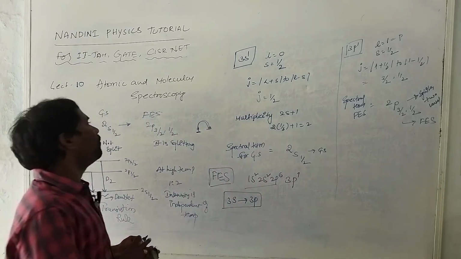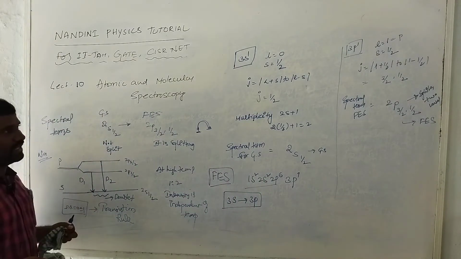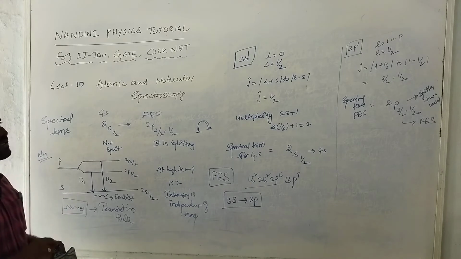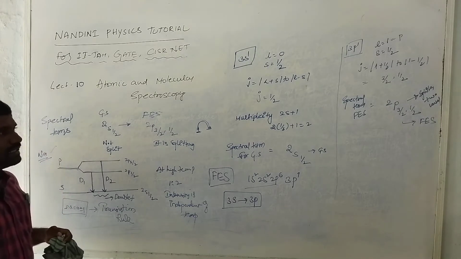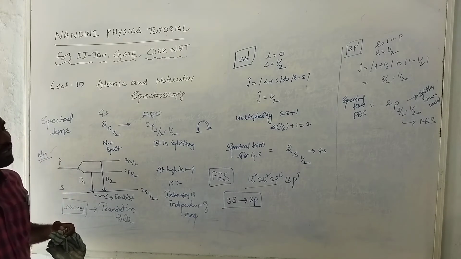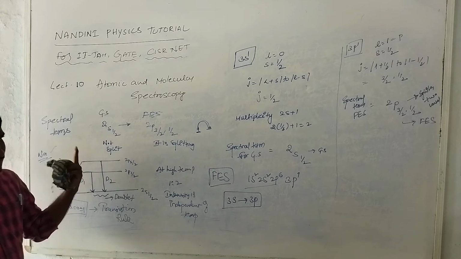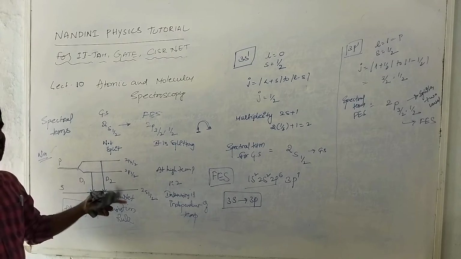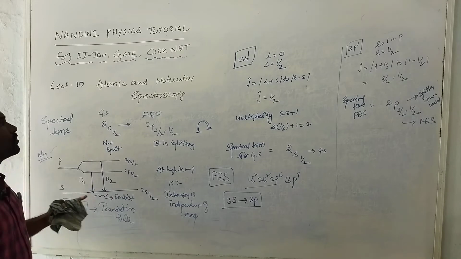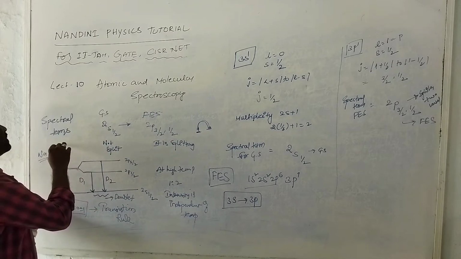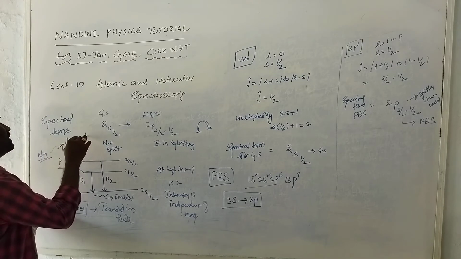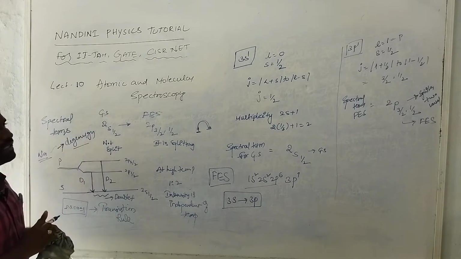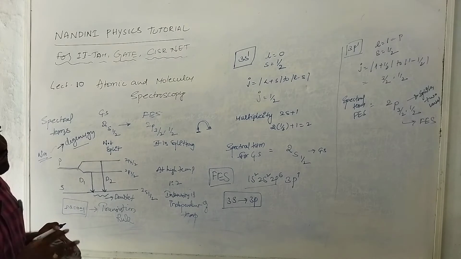One more thing: what is the total degeneracy of the state? Sometimes they ask for the degeneracy, how to find the degeneracy of the sodium atom. That is also one important thing. Sodium: find the spectral term and degeneracy. Spectral terms, degeneracy, intensity: three questions are there in one question. So, sometimes they ask what is the degeneracy of the state.